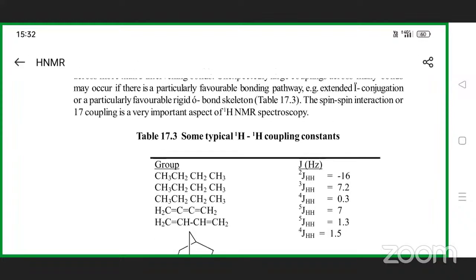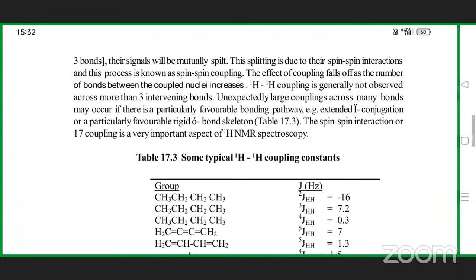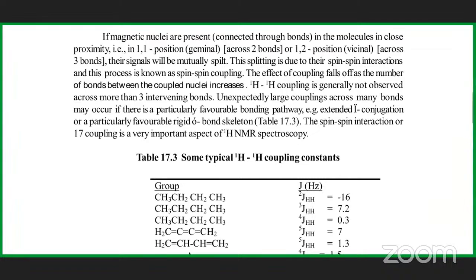So here, due to the mutual influence, the splitting of signal takes place. In the split signal, the separation of that signal, the gap between the signals, is indicated with the J value. J is a coupling constant. For example, you can see,